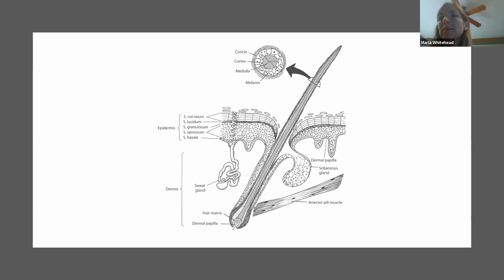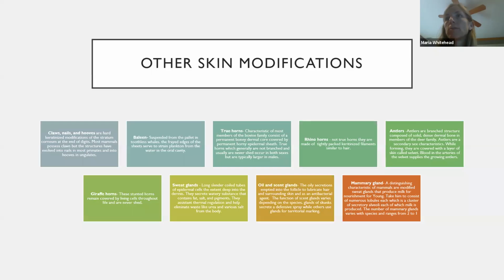Like feathers, hair is constantly replaced. Some mammals replace their hair seasonally, as we see with snowshoe hares, which is important for camouflage in those species. There are lots of other modifications to the skin. So I've got a few of these outlined here. And for the sake of brevity, I'm going to let you kind of read through these on your own,